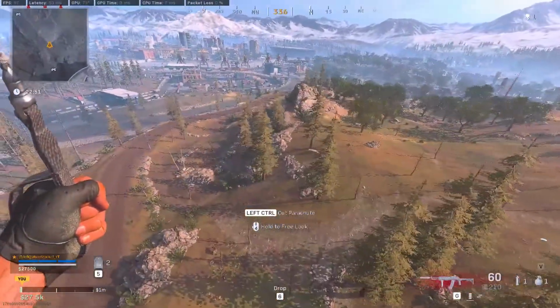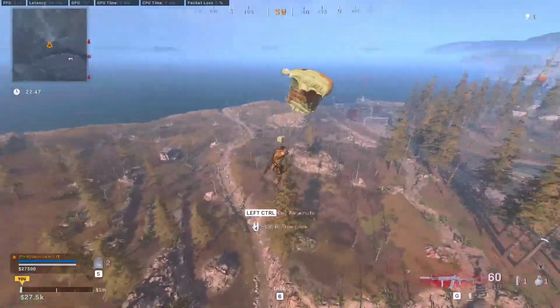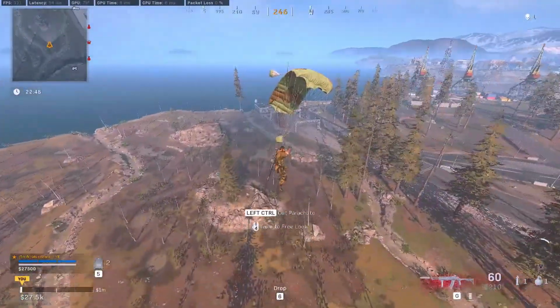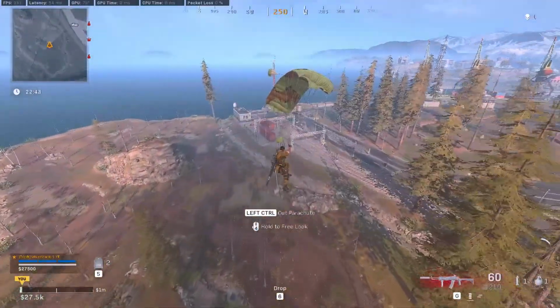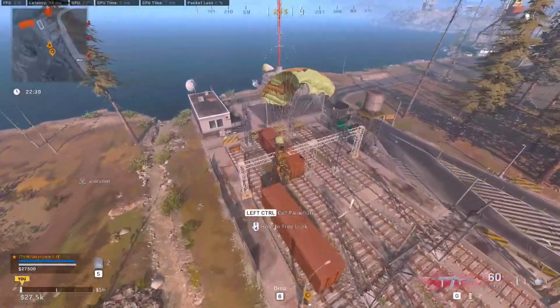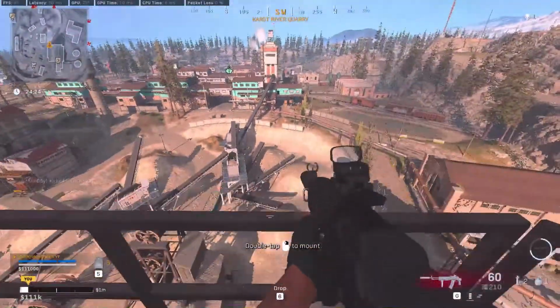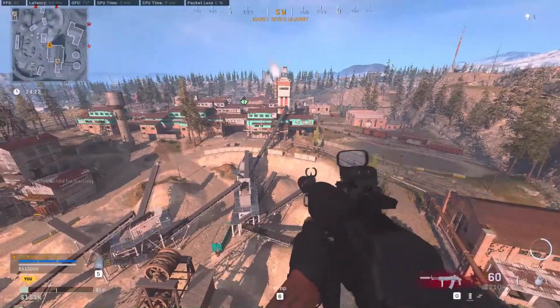This can make it super easy to make some rotations a little bit faster if you're running from the gas, or in this next video, I'll show you some areas where I found that you could actually jump across, and if you glide sideways, you can make it there, which potentially could throw off an enemy team from knowing where you're at. In this clip, I jumped from the smokestack on the big building in the back of Quarry, and